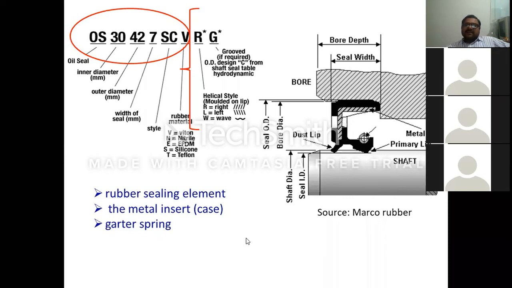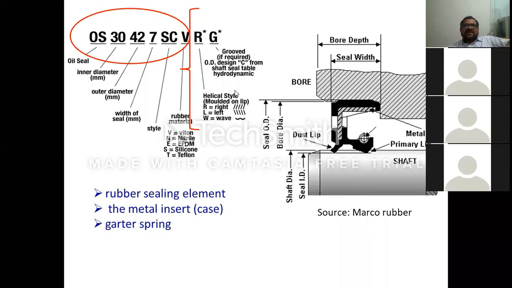But again here, two types of lips are available, for light duty application and heavy duty application. Accordingly, you can decide whether your gearbox is a high speed heavy duty application, or a light duty low speed application, or a low speed heavy duty application, or a light duty high speed application. Accordingly, you can select the light duty series or extra or heavy duty series, or A series or B series, which are available in the data book. And from that, you can select your oil seals for input shaft and output shaft, only towards one end where the input shaft is coming out and where the output shaft is coming out.